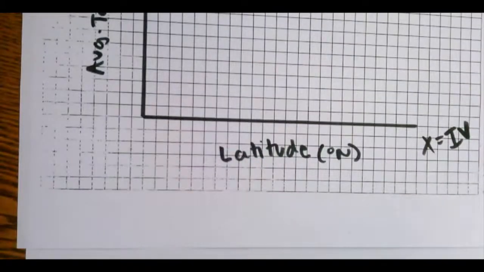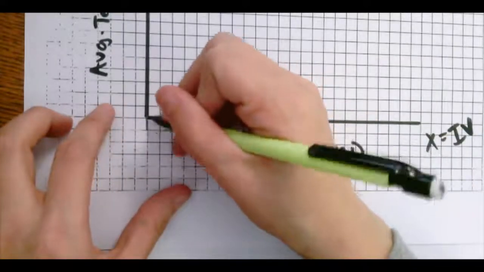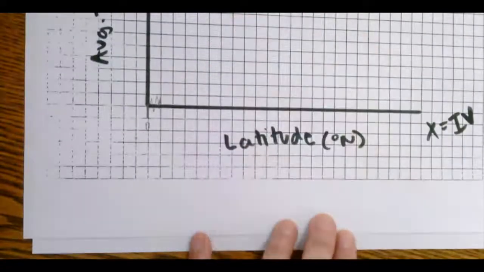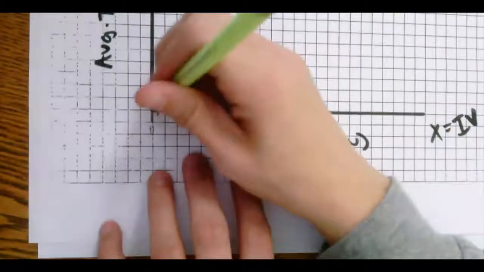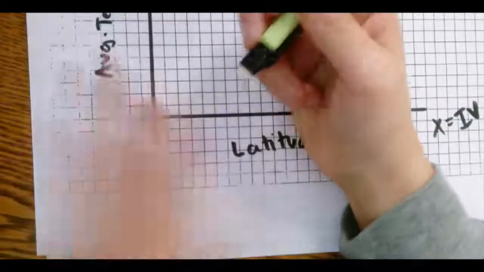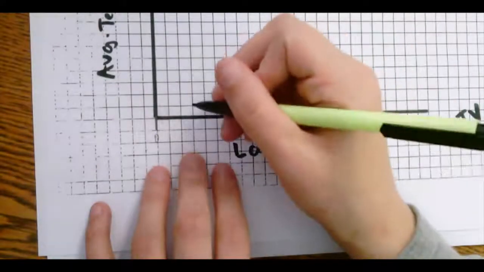And here I am going to use a pencil because I might have to change some things. Generally you would start at 0 here. If you were starting with a really big number, you could do this thing called a break, where you pretend to skip a whole lot because you don't need those numbers, and that helps with the size of your graph. So let's try